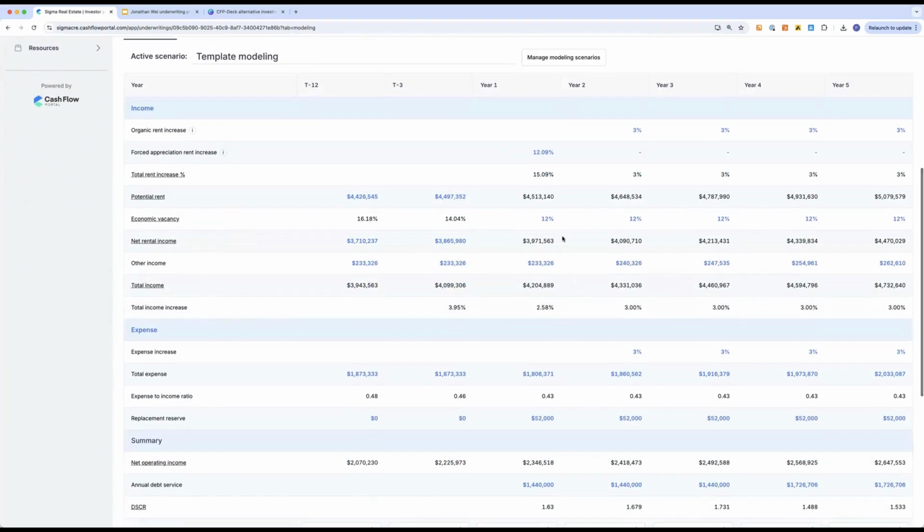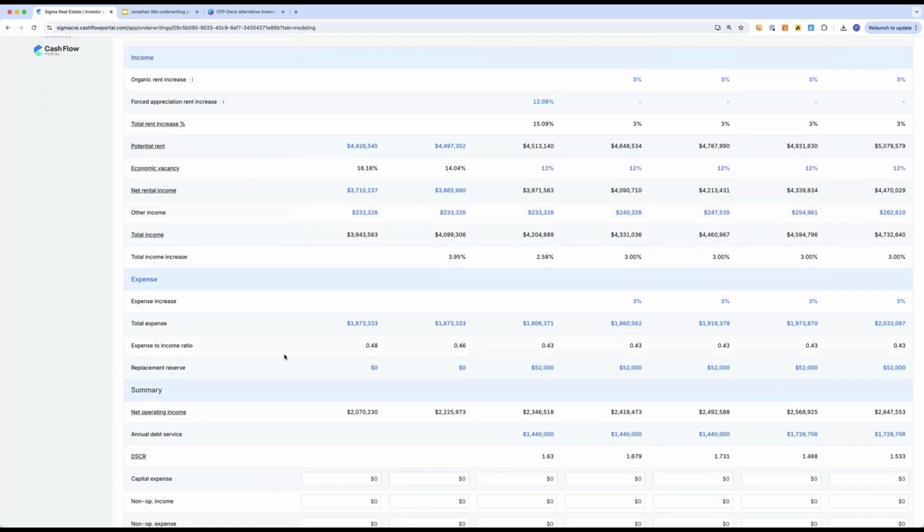If you are not sure why my forced appreciation rent increase is 12%, you simply hover over it and click into it. When you click into it, it takes you to where this number is being calculated from. The next thing you might also notice is that my expense ratio is 43%. That's kind of low, to be honest. So I want to make sure that my total expense is actually correct.